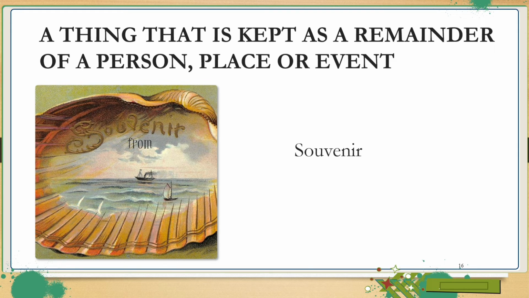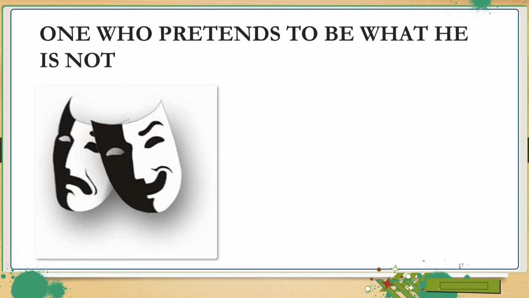Okay, so next one is one who pretends to be what he's not. This is basically a common one word substitution that you must have heard at least once in your lifetime. A person who is double-faced, or a person who pretends to be what he's really not, is known as a hypocrite. A hypocrite is someone whose actions and whose words are completely opposite. They don't act like what they say, and they don't behave as per their sayings.